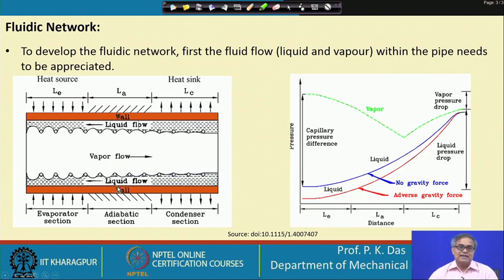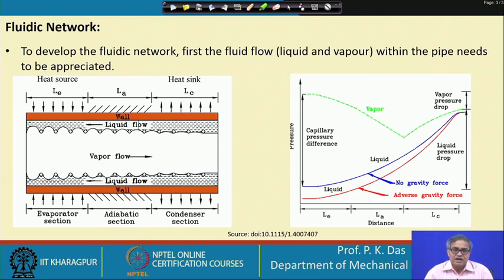wick structure, and then we have to understand that there is not much change of the liquid volume, liquid being incompressible, vapor is compressible, vapor density is also less, but the liquid density is not that less. So, liquid mass flow rate there is slight change, but after that the volume flow rate does not change much. So, for the liquid, this blue line if we see that there will be continuous fall in pressure as it moves from the condenser end to evaporator end, because there is flow resistance.